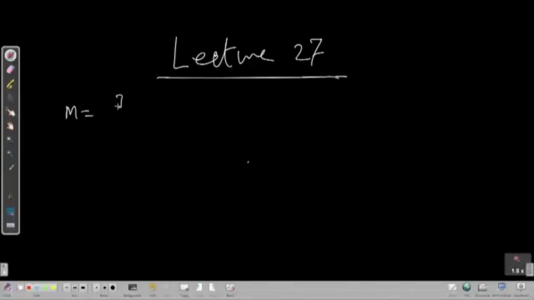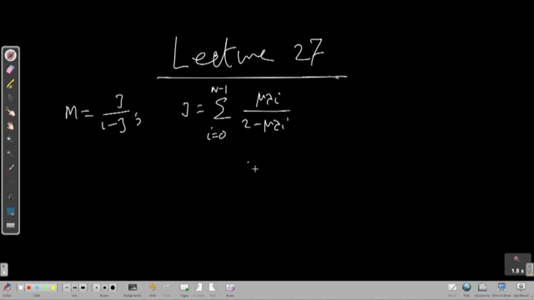Okay. So, in the last class we had these results. Misadjustment M was J by 1 minus J, J was summation of i equal to 0 to N minus 1 of mu lambda i by 2 minus mu lambda i. This whole thing is called function J_i. So, J is a summation of capital N number of such separate functions. Okay, we have seen